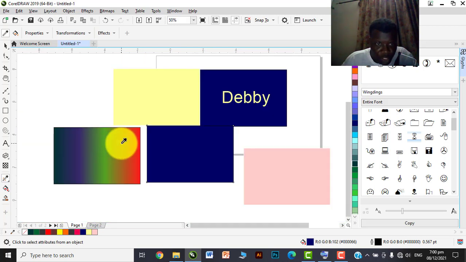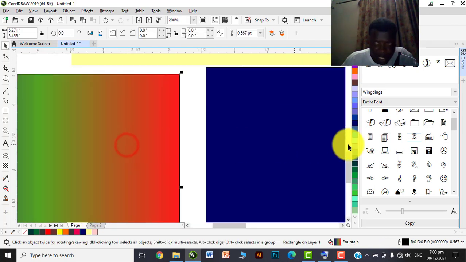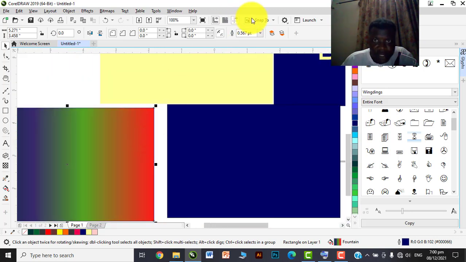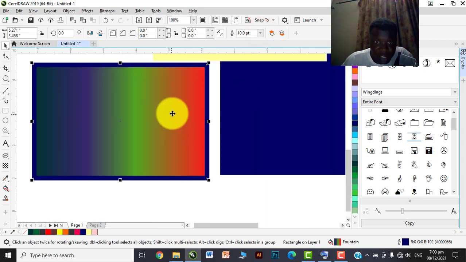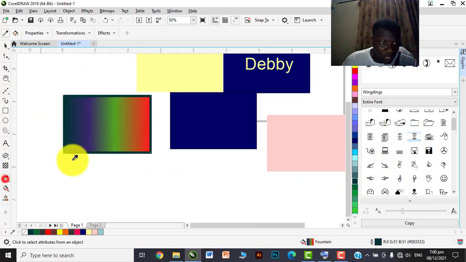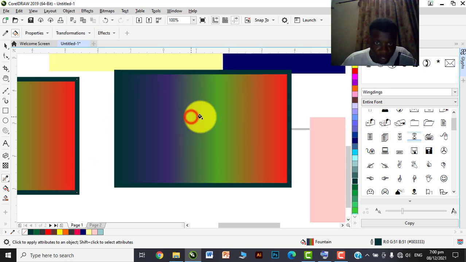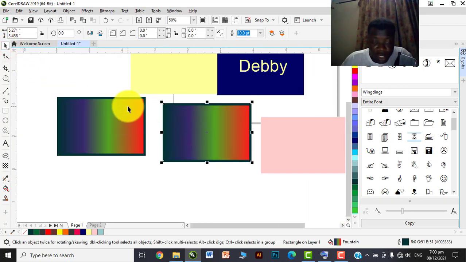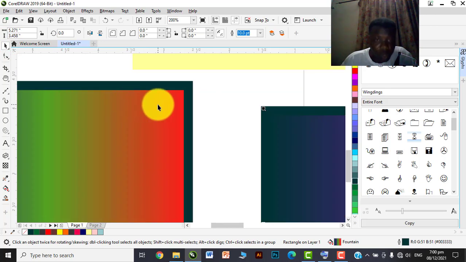Now let me change the black line here. Let's give it blue. Now let me increase the thickness to 10. You can see, let me even change the color to green. Now come back here to your attribute color eyedropper, then pick this and drop it here. You can see it picked exactly everything we have here,